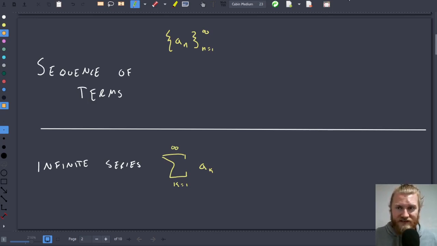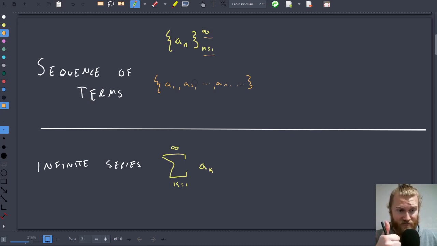First, we have this thing called a sequence of terms. We really just list this out. A sub n, where n is a little subscript. We really might just write this as A1, A2, up to An, and then forever and ever and ever after that. We have these little index things on here where we can kind of count from n equals 1 up to infinity. And the main thing here is that this is just a list of terms